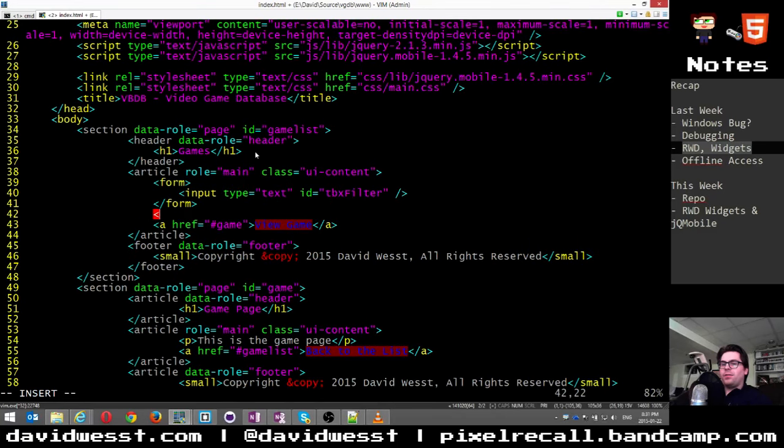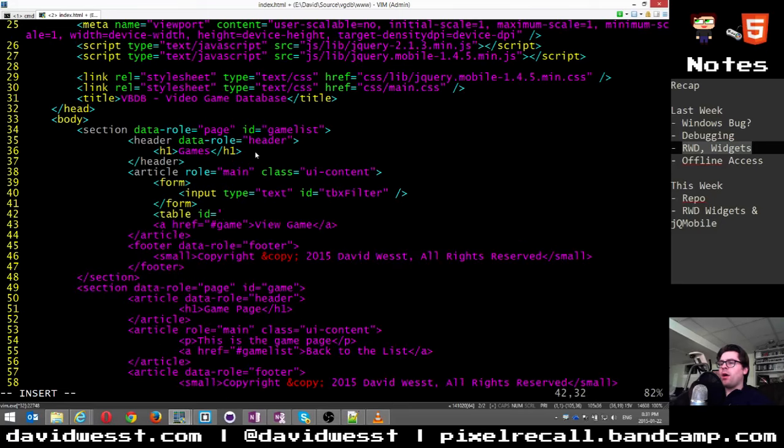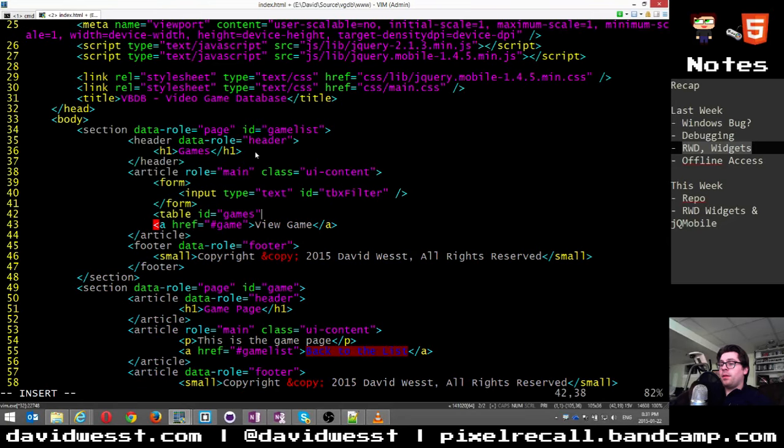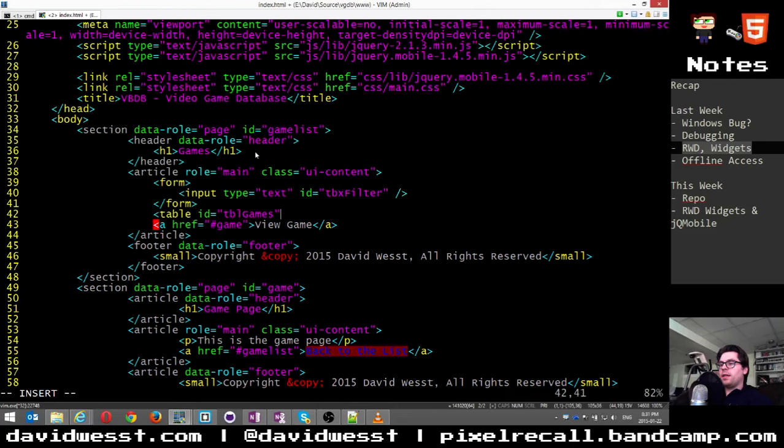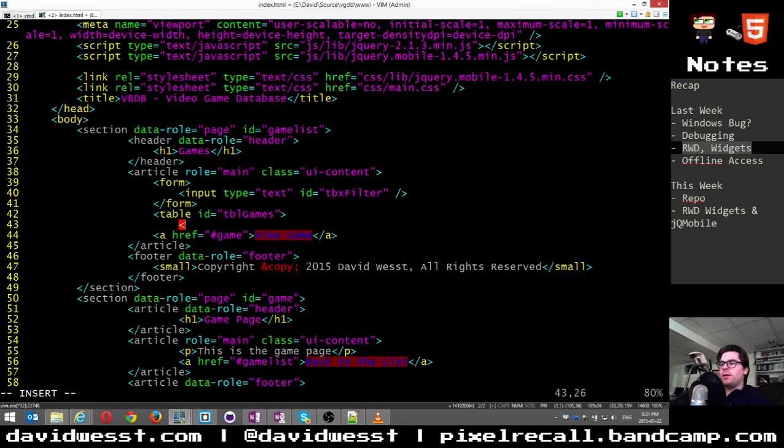And then what I want to do here is sort of like a list, essentially, kind of like a UL. But I'm actually going to use a table, which I know people don't like, but that's okay. You don't have to like it. This is going to be where our games are, that's just going to be the games table. So let's do TBL games like that. That's kind of what I like to do, and we'll just do that kind of normal